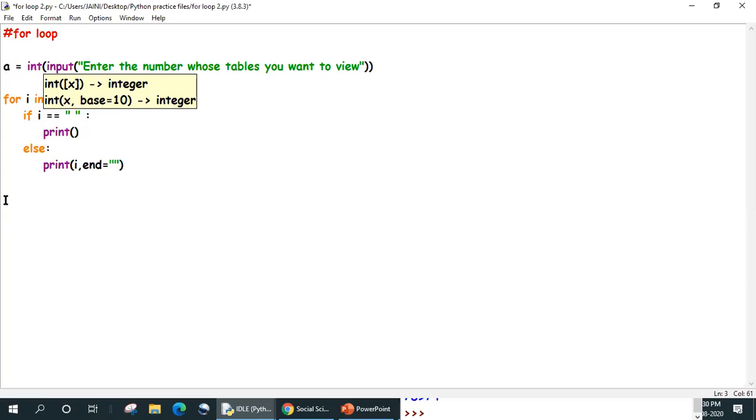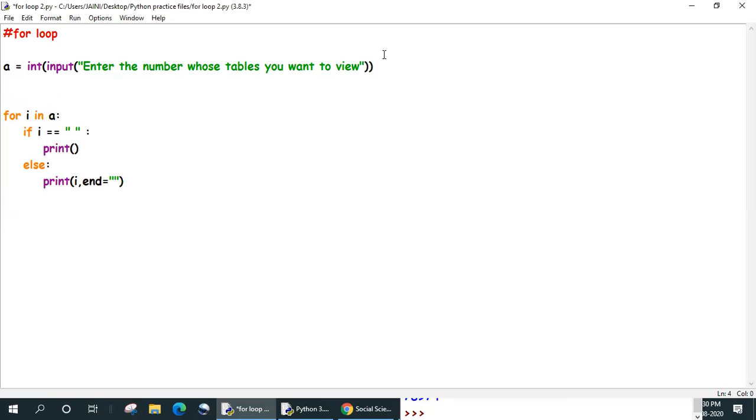Then whatever the user gives me as number, for I in 10. But I want to start with 1. I don't want to start with 0, so I have to keep that in mind.